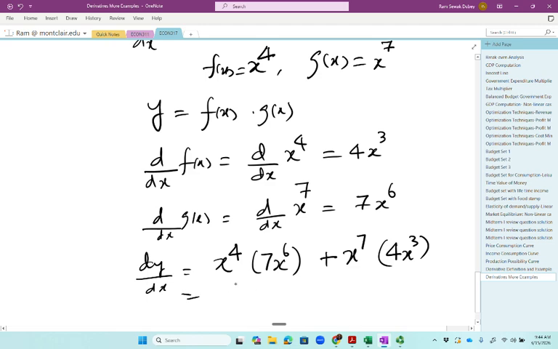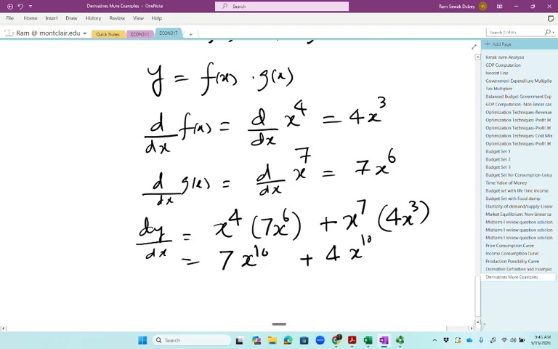The first term turns out to be 7 times x to the power 10. 4 plus 6 is 10. The second term turns out to be 4 times x to the power 10 again, because 7 plus 3 is 10. And now I can add these two terms. They have similar power. So 7x to the power 10 plus 4x to the power 10 becomes 11x to the